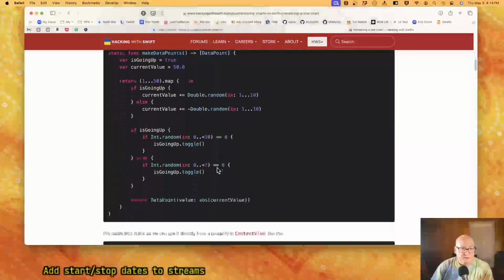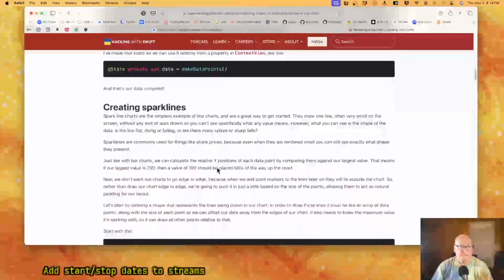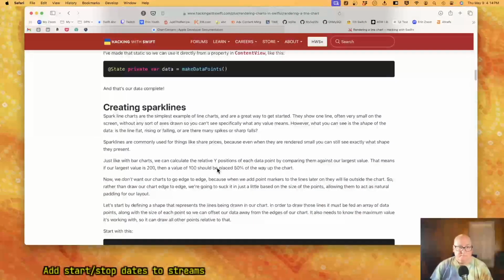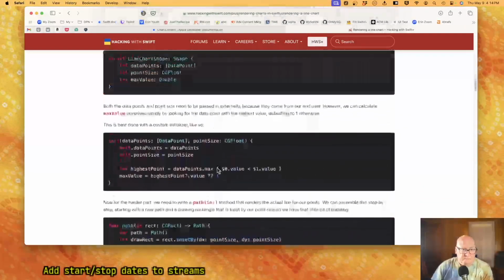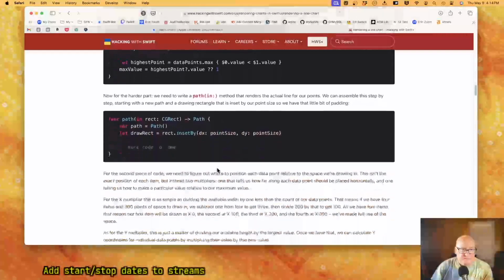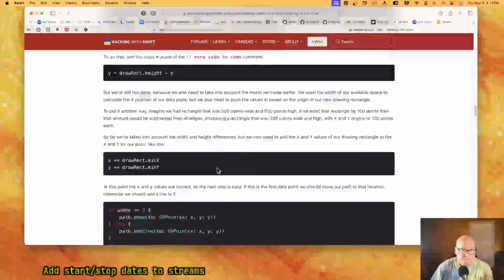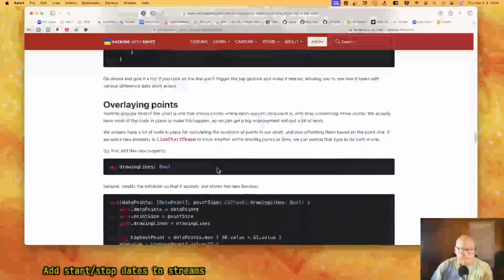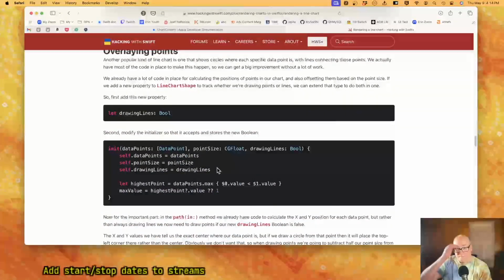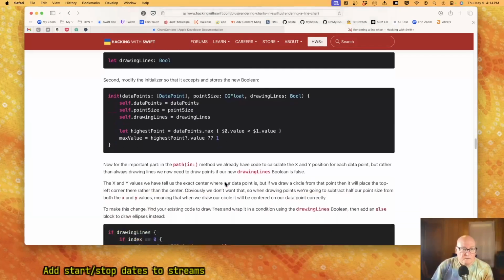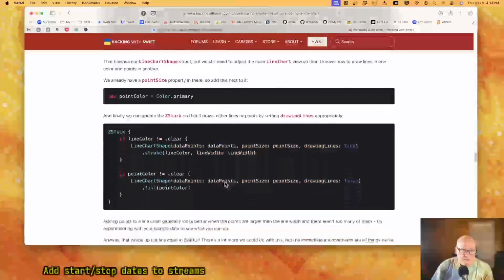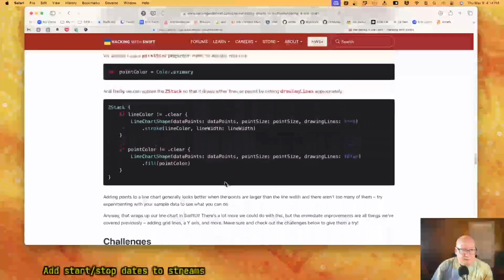Spark lines. Right. I think we can just add a point mark at each point.